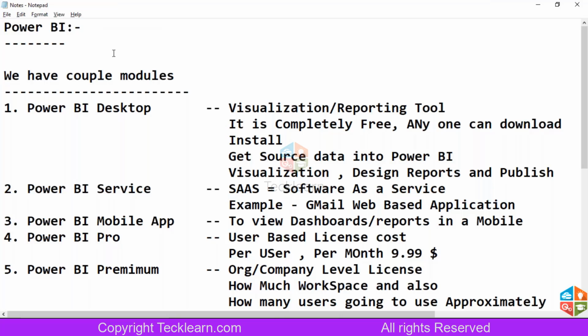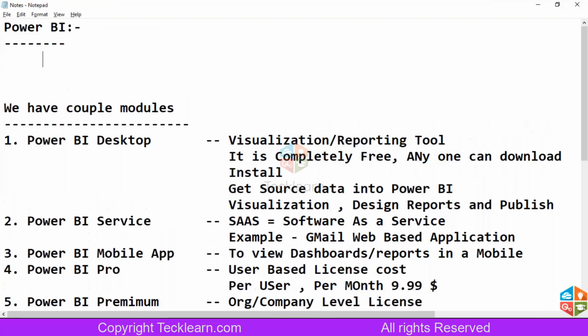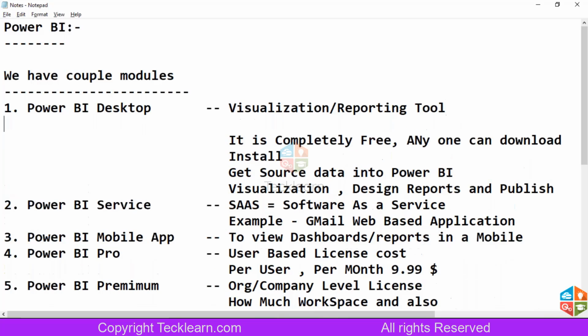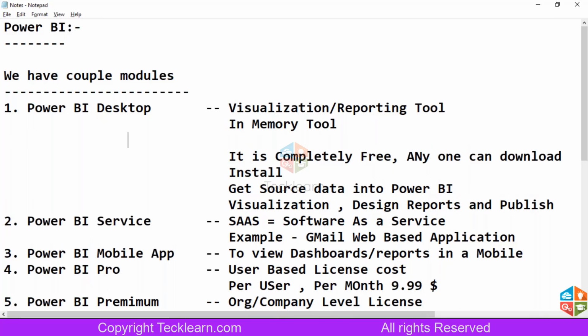So now you guys know that Power BI Desktop is a visualization or reporting tool and an in-memory tool. That is very important, in-memory tool. What is the in-memory tool? In-memory is nothing but